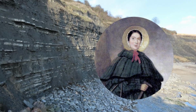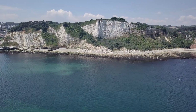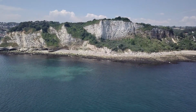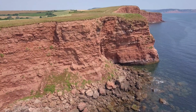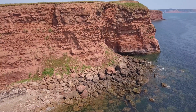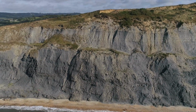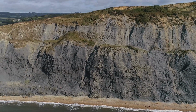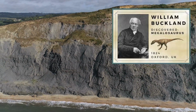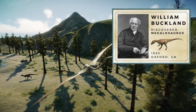In 1828, Mary Anning discovered the first Dimorphodon specimen in Lyme Regis on the south coast of England. The remains lacked the skull. This region of Britain has now been declared a World Heritage Site and called the Jurassic Coast. The layers of the Blue Lias Formation are dated from the Hettangian-Sinemurian of the late Triassic to the early Jurassic. William Buckland bought the fossil and reported it in a meeting of the Geological Society on the 5th of